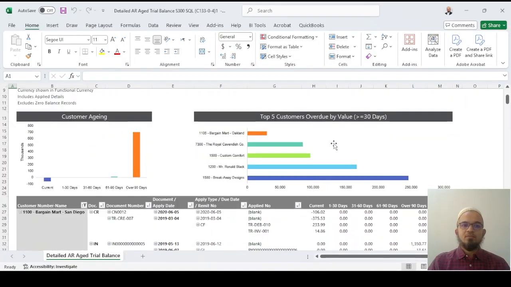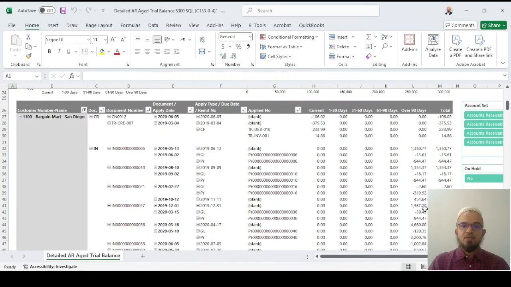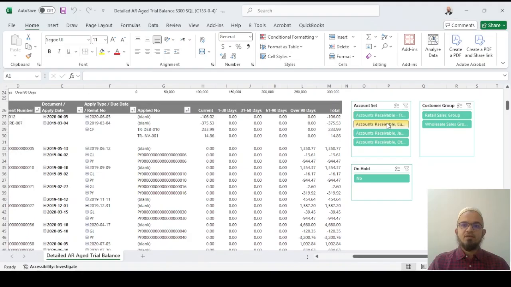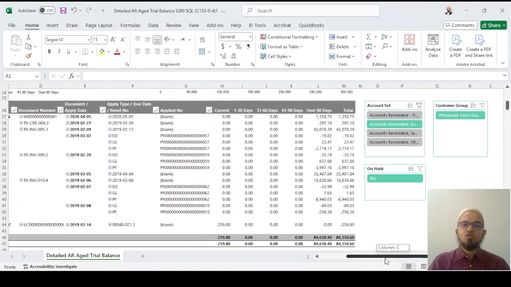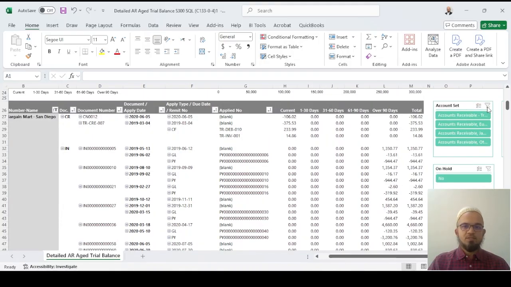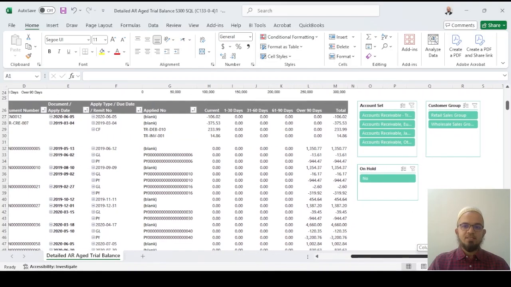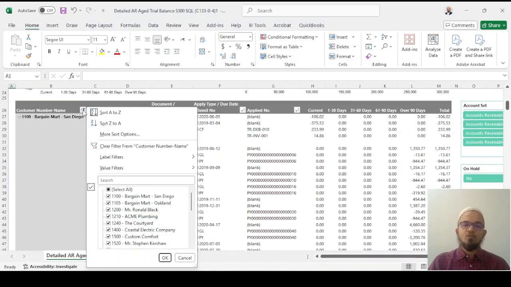Now, the advantage is we have certain pivot tables here, pivot charts, and a pivot table with our data in it. It also comes with slicers. If you want to select one of the slicers, here I have an account set for Europe. When I click on it, the data will be filtered for those customers for which the accounts are maintained in this Euro account set. If you want to remove this filter, just click on the remove filter button at the slicer level. Another good thing about this is that you can now filter your report from the report itself, without having to define the